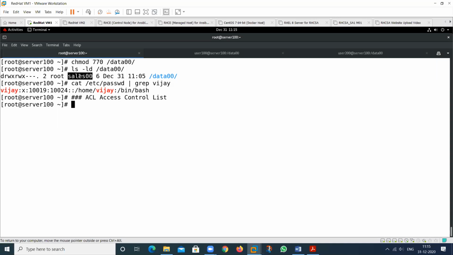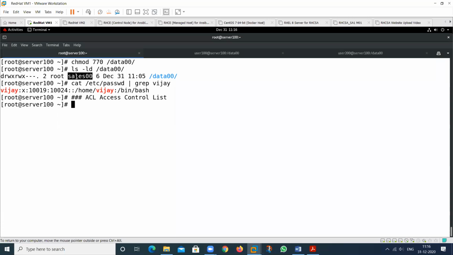If I want multiple user owners and group owners, if I want another account to also use this particular file and work on this particular folder, and I want to define that type of activity, then chmod cannot be used, because a single owner and single group owner can be defined by the chown command, chgrp command, chmod command.